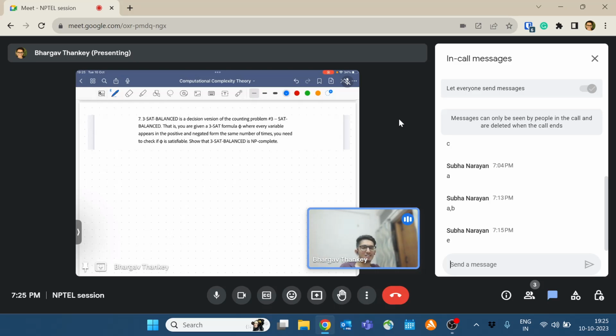So to show that 3-SAT-Balanced is NP complete, we need to show two things. Number one, it is in NP, and number two, it's NP hard, right? So first, let's show that it's in NP. So all we have to do is find a poly-size certificate and a polytime verifier, right? So given phi,